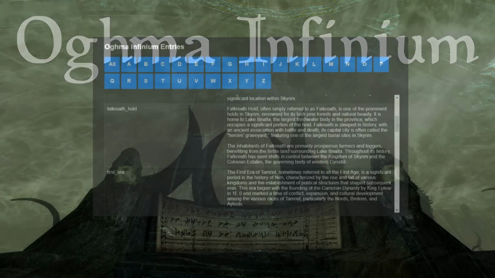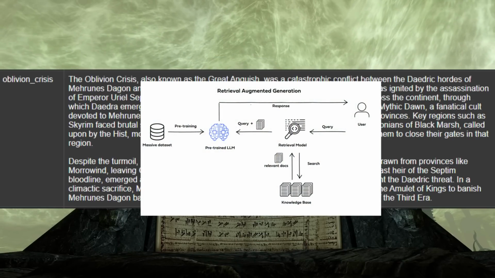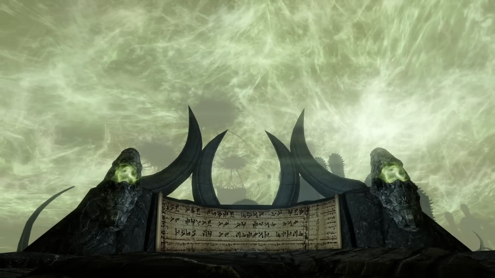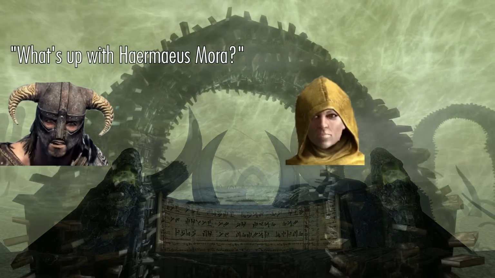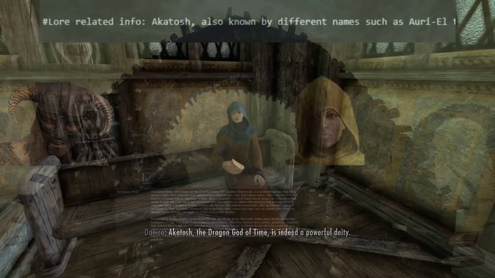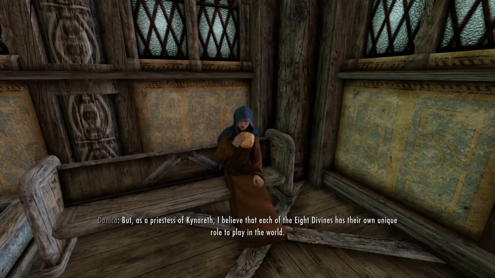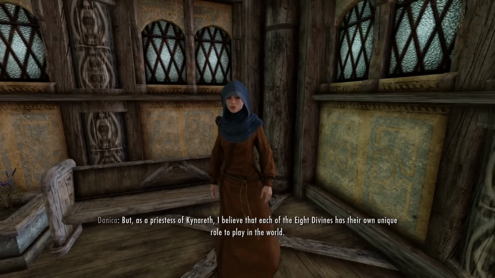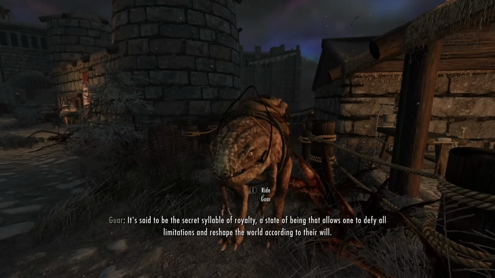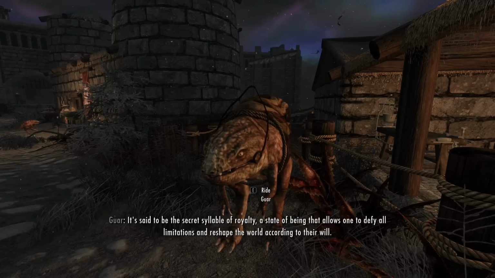So, with our initial implementation of the Ogma Infinium feature for Kim, which is a RAGs database designed to make AI NPCs roleplay better by injecting Skyrim lore information into the AI NPCs when you talk to them, we found that the implementation could use a little bit of an improvement. As you see, the main issue with the initial implementation of the Ogma Infinium was that all NPCs have access to all articles, meaning that you can go up to a filthy Gua and talk to him about the metaphysical concepts of Kim, which isn't entirely accurate depending on your canon.